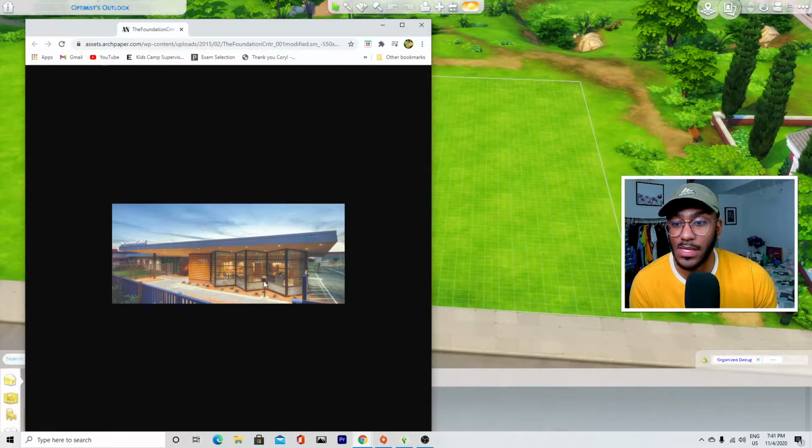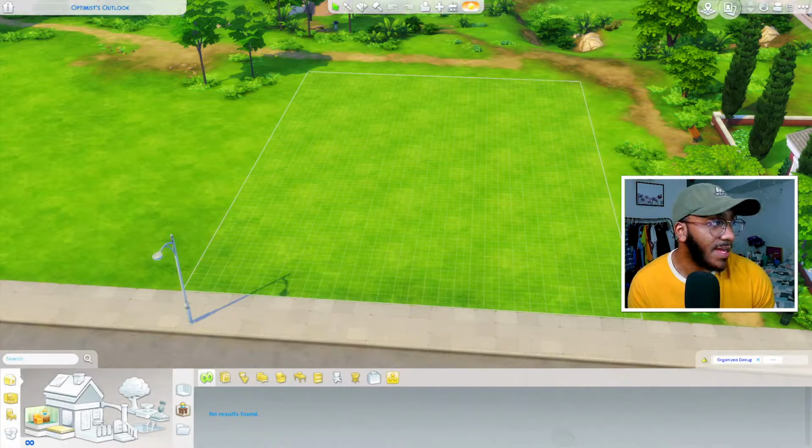But yeah, this is what we're doing today. This is my reference photo that I found. I'm pretty much going to copy it as much as possible. Obviously, I'm going to be doing my own landscaping. It's an actual building called the Foundation Center, and it is in Los Angeles, California, and it used to be a bowling alley. I'm not sure what the Foundation Center does now, but it actually used to be a bowling alley. So I thought that would be perfect for